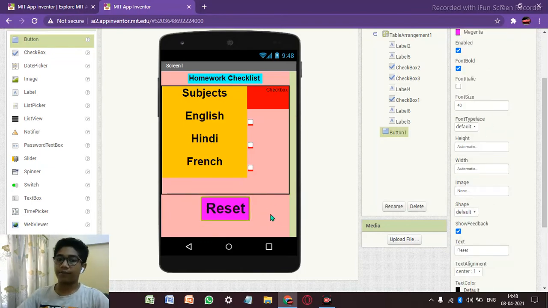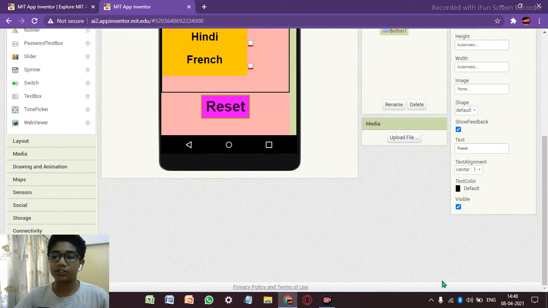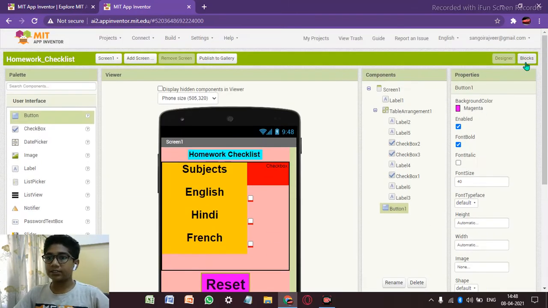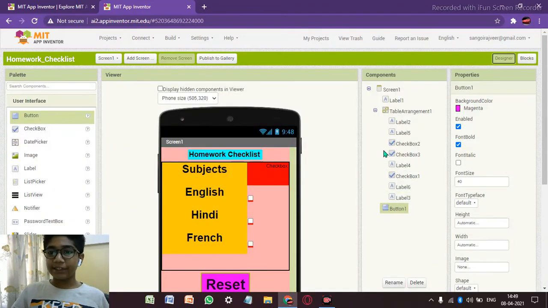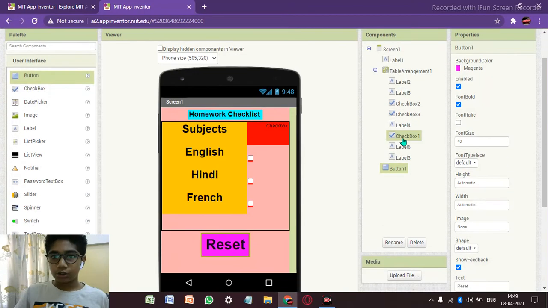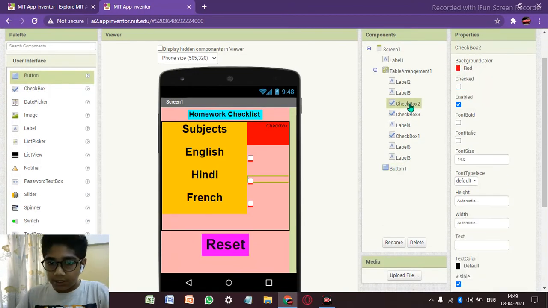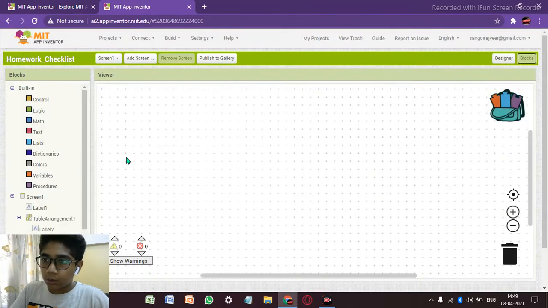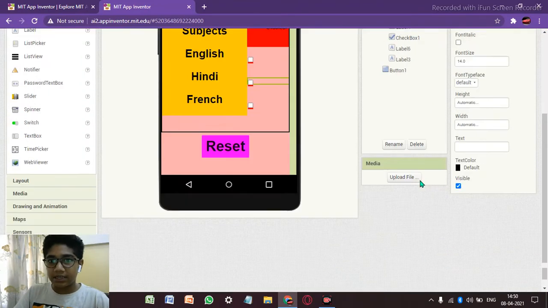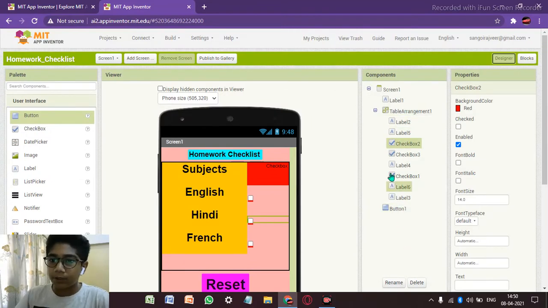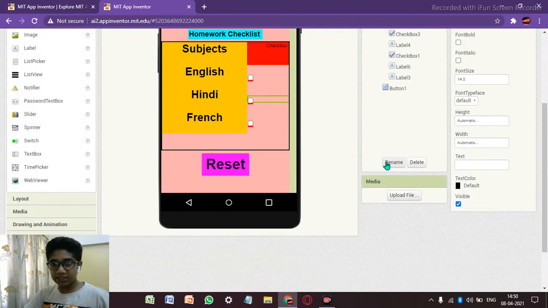Now we are done with our designing part and we just need to do coding. So let's open this blocks thing over here beside the designing. But before doing coding today, I need to teach you one thing. So what is it I am teaching? So this is text box, checkbox 2. If we go to the coding, we can find the checkbox too. But if you go to an advanced level in MIT, there would be many components with like 10 checkboxes. So we just need to rename them.